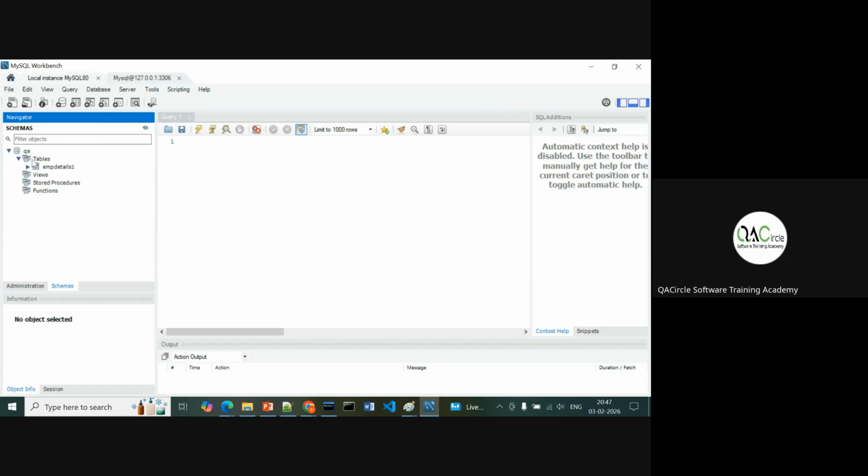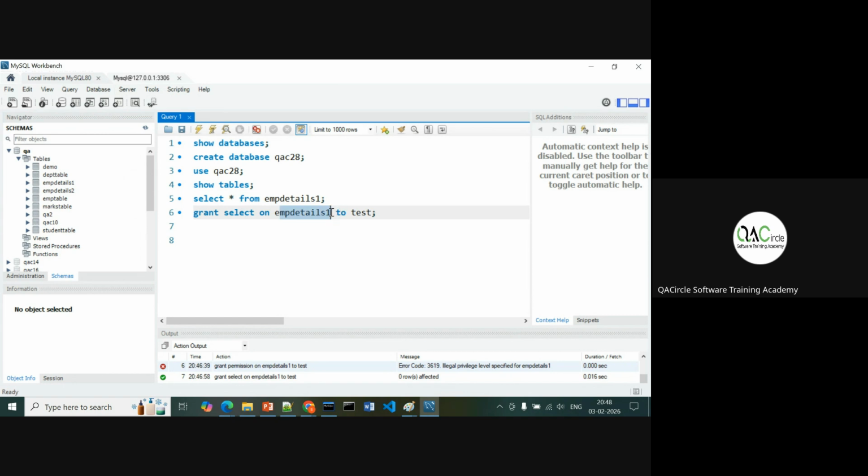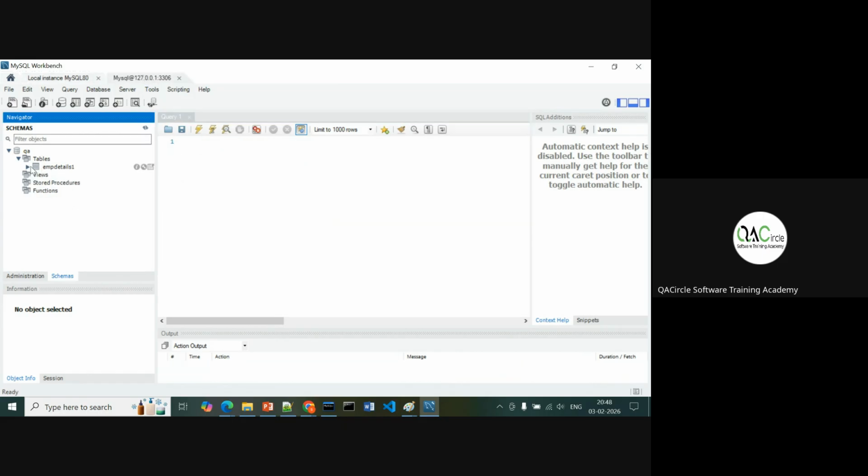So in the QA database, we have multiple tables, right? Employee details 1 or 2, EMP, student. You can switch between them easily with the different tabs. We have multiple tables available, but I have given access to only this particular table. So in this particular table only, should have access. Understood? Yes, ma'am. Okay. So I can do select star from